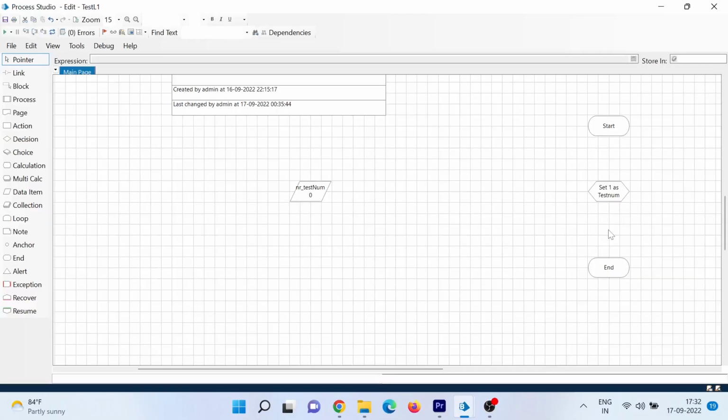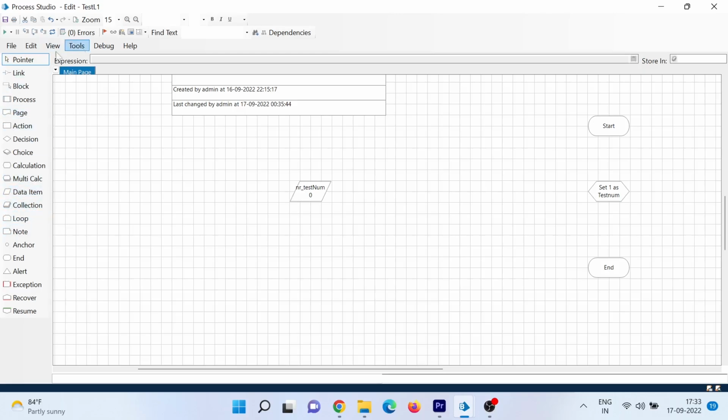So here we are inside the process studio. These are the important parts of the studio, this is the most important part of the studio, which are called stages. So there are various stages, and using these stages only we are going to build our automation. Okay, so we'll cover only very basic ones today, and as and when we go, we'll cover, like for exception handling sessions, we'll cover the exception handling stages. And then when I show the variables and stuff, I'll talk more on the calculation and data item stages. Okay,